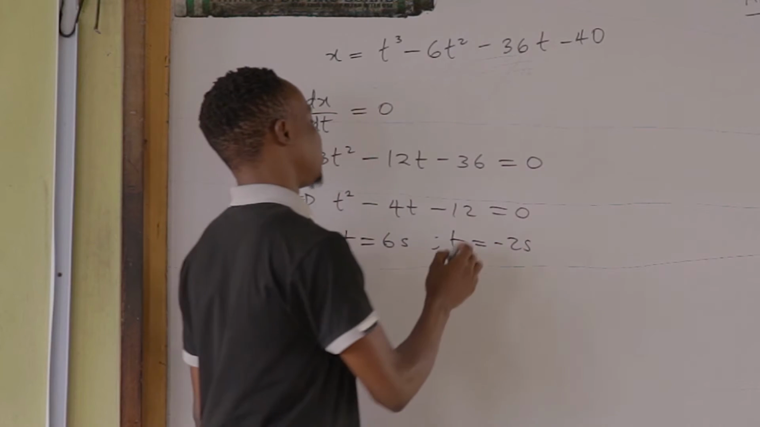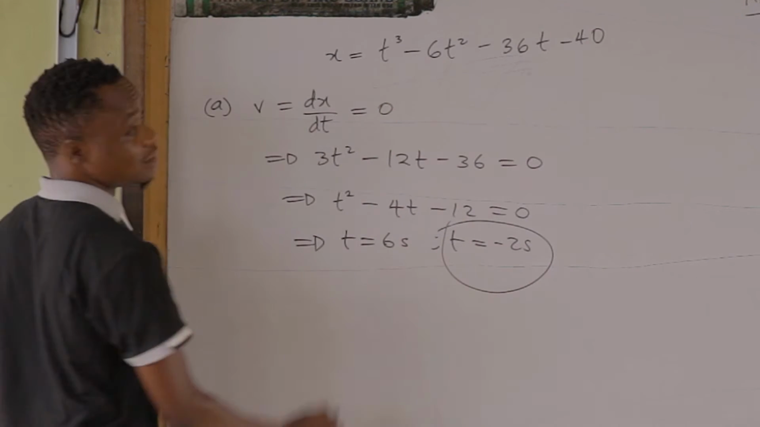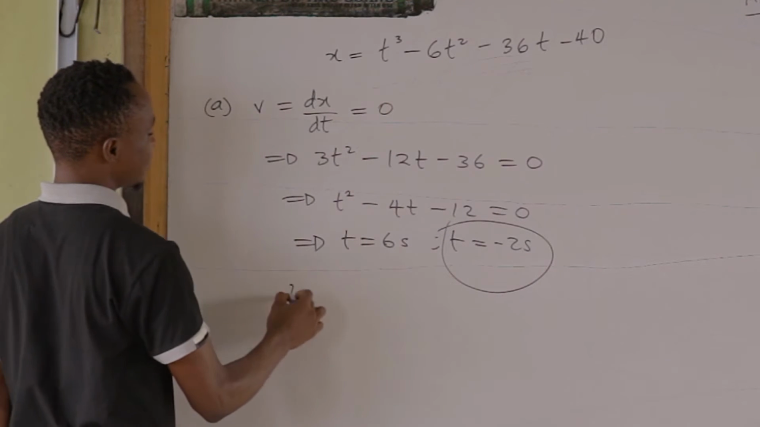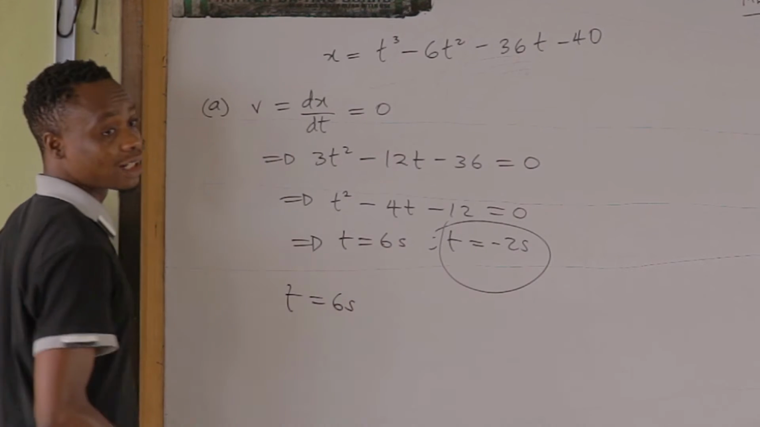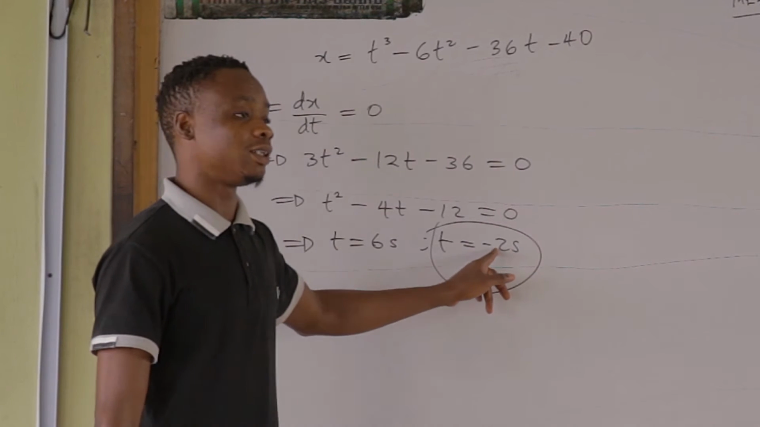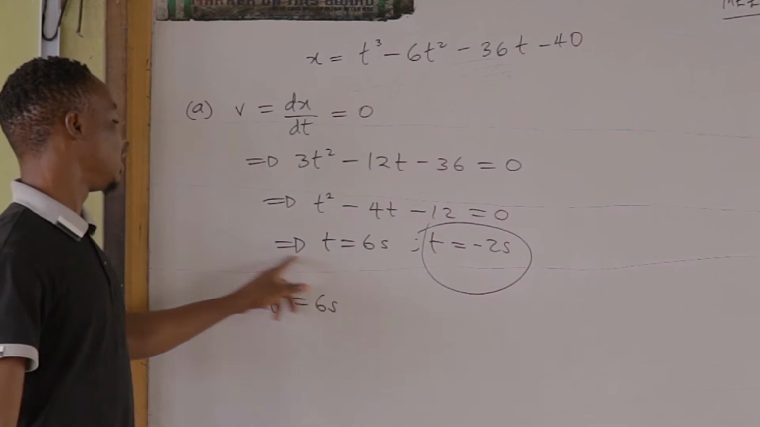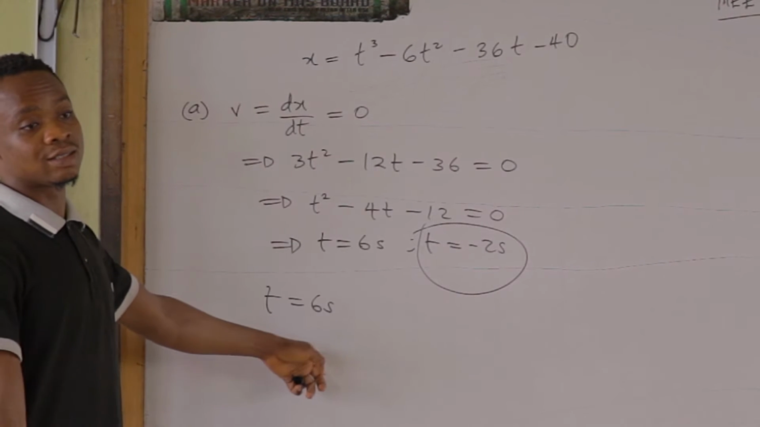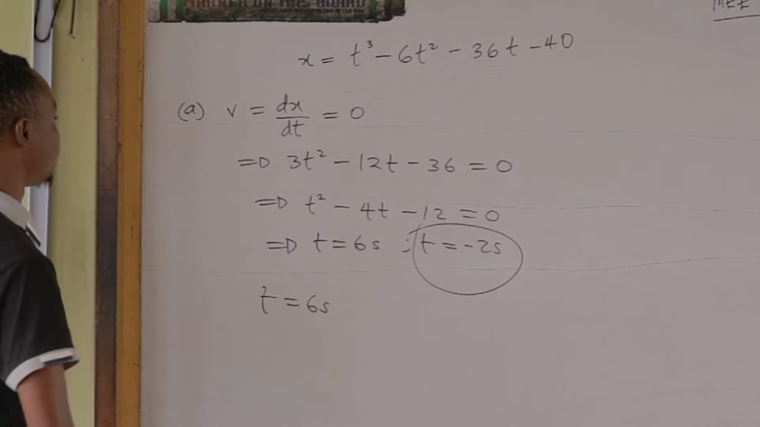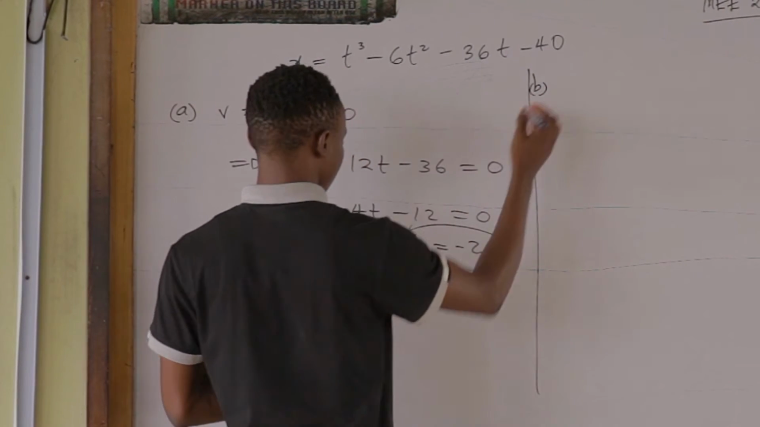You cannot have negative time. I'm not interested in negative time. So when the velocity is 0, that means velocity was 0 at t equals 6 seconds. Is that clear? That's the only answer that you need. But you don't necessarily have to discard it. Of course, we know the only answer that is correct here is 6 seconds. Right? So the next one, B part, says you should find